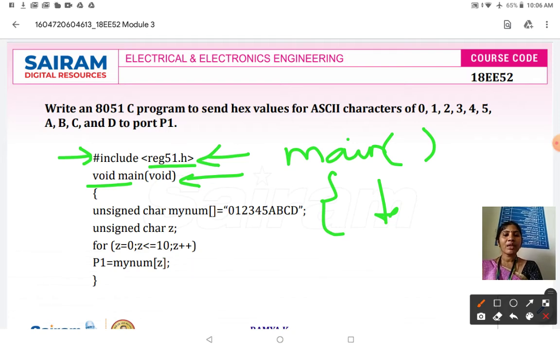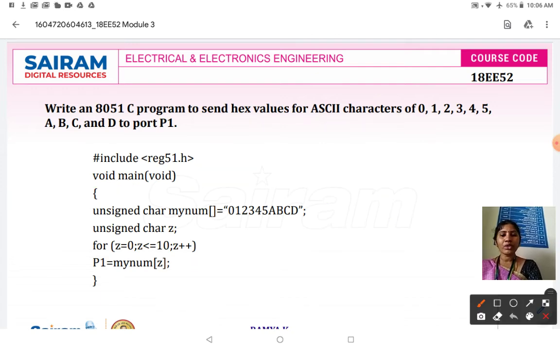Next, I wanted to send these ASCII characters. Here the numbers are not in the order 0, 1, 2, 3, 4, 5, then A, B, C and D. Here the numbers are not in order. So whatever ASCII characters I wanted to send to port 1, I have to mention in an array. The array mentioned is unsigned char mynum.